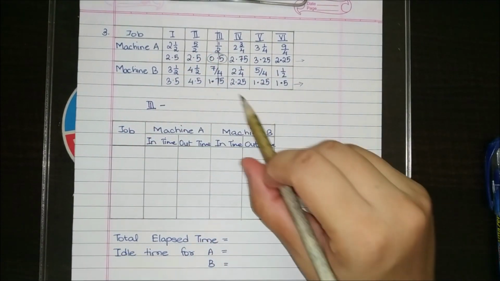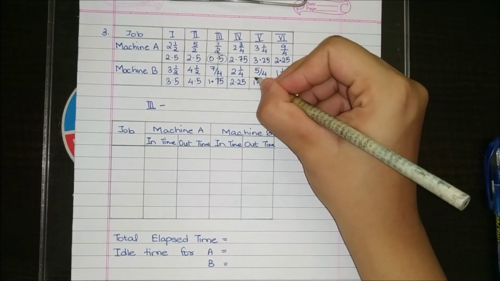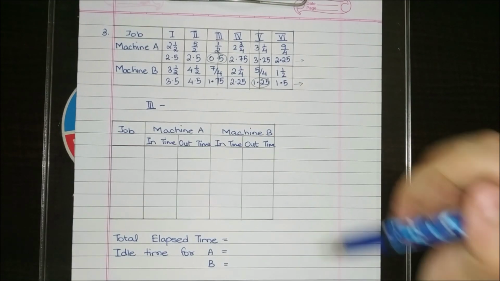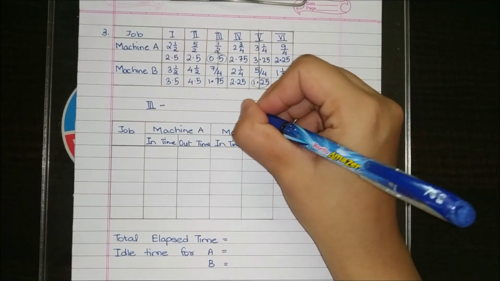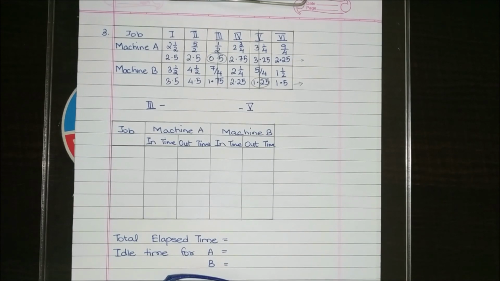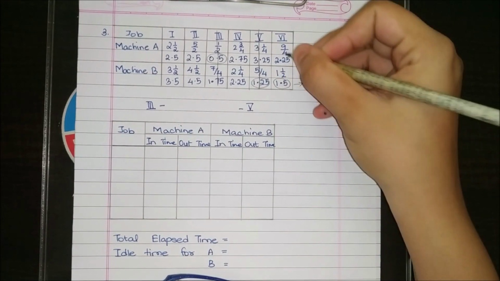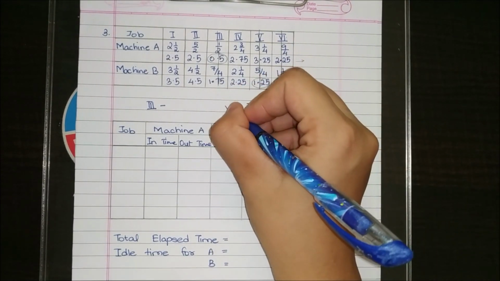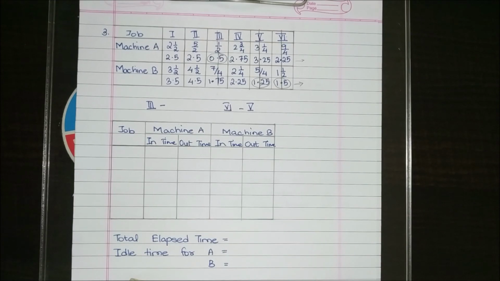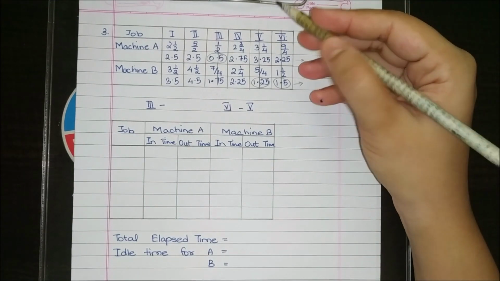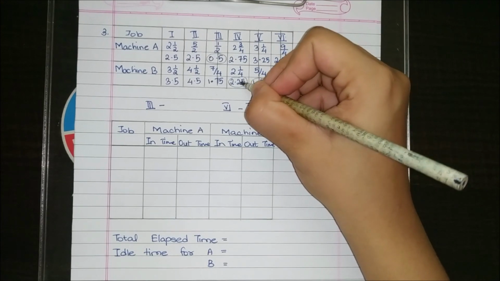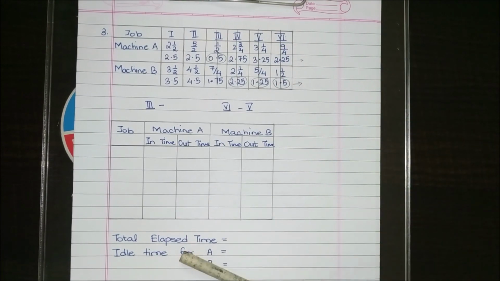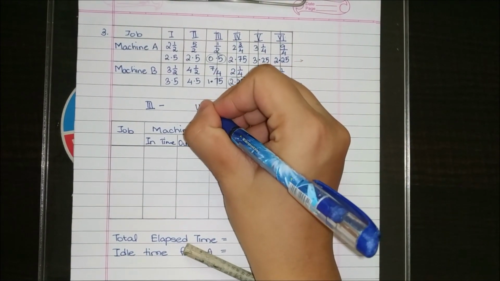नेक्स्ट इसके बाद 1 में ये 1.25 सबसे छोटा है, तो ये फिफ्थ जॉब लास्ट में होगा. उसके बाद नेक्स्ट वी हैव 1.5. 1.5 will also happen, the sixth job will also happen in the end just before the fifth job. Okay, now next after this the smallest number is 2.25 which is on machine B. So fourth job will also happen towards the end, and now we have only 2 jobs left.